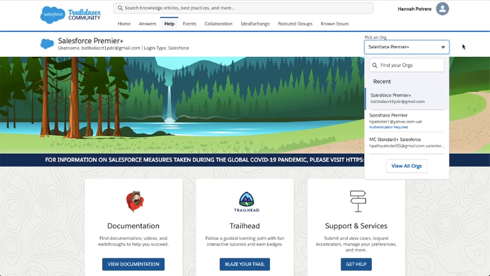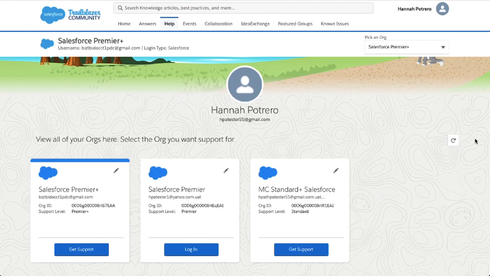The orgs you've recently chosen support and services for will display in the dropdown. You can select any of these orgs, or you can select View All Orgs to see the rest. Clicking View All Orgs takes you here to what we call the Org Picker page. On this page, you can see all the orgs that you're entitled to get support for, along with some key information about each org. You can also nickname each of these orgs so they have a display name that's relevant